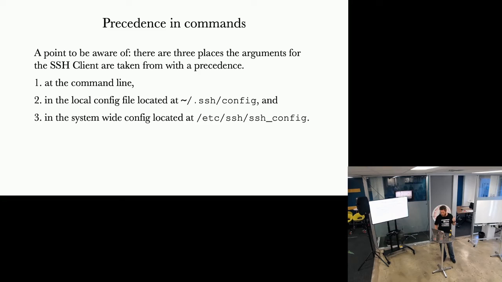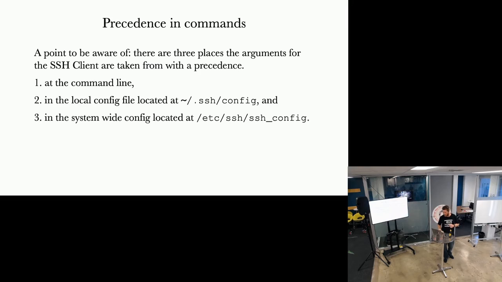Goes in the order of global, then user, then session. So for example, if you wanted to have password authentication turned off globally, you would set that in the global config file, and then if you wanted to use that later on for a specific host, you could use that as a command line argument, or you could dump it into your config file, and then your config file would say that specific host gets that argument as well.